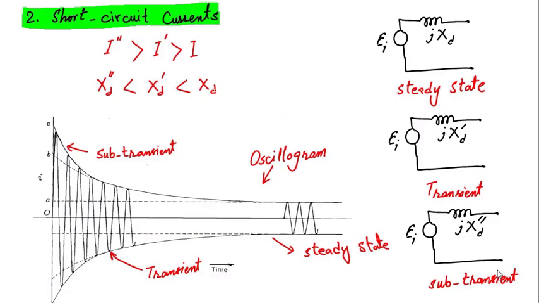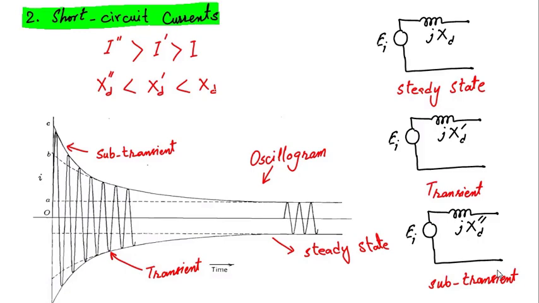This peak value of current will be divided by root 2 to get the RMS value, and then the induced EMF will be divided by it, or in the case of a synchronous generator, the terminal voltage. In unloaded condition, terminal voltage and induced EMF both will be the same. That voltage is known to us because before putting that short circuit on the terminal of the generator we have set its terminal voltage to the rated value. The same terminal voltage exists inside the generator as induced EMF, because no current is there. We know the value of this induced EMF or terminal voltage.